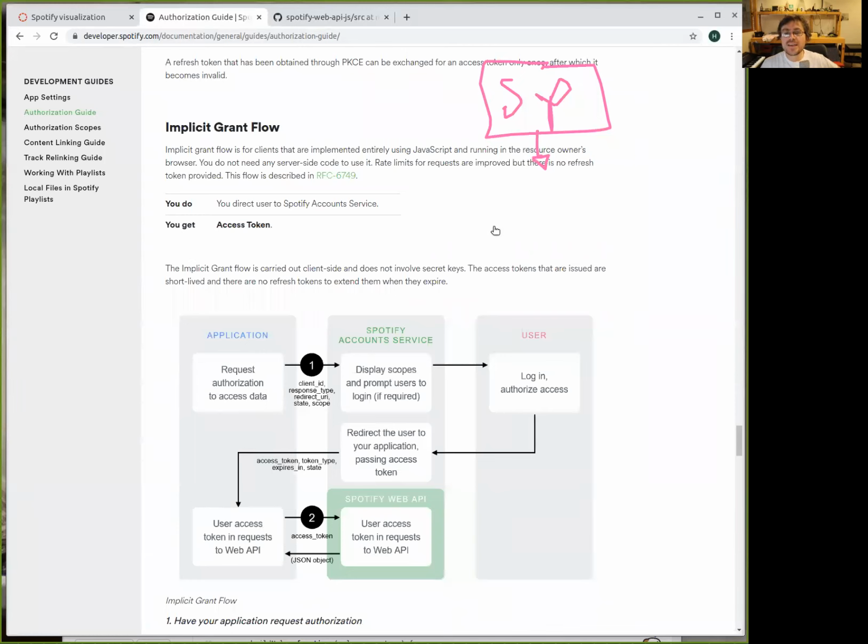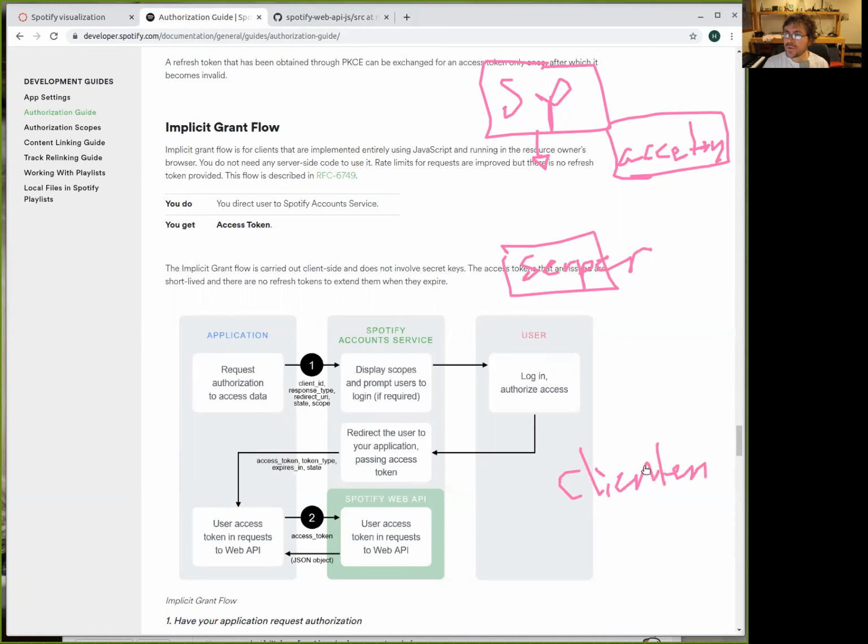But if you want to get all the detailed information, you need to have the access token initialized. In order to have the access token, you have to have a server. Okay, this is a server. And then your clients. Your clients are the users.